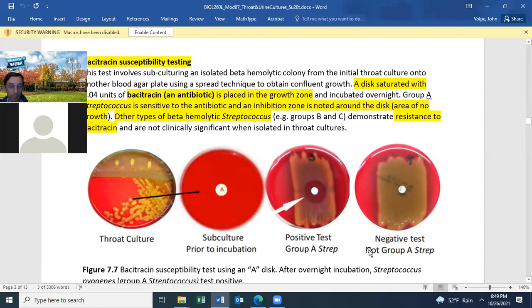The other beta hemolytic bacteria that are catalase negative are not susceptible to bacitracin, and they generally have no zone of inhibition. You do need to measure that zone of inhibition to make sure that the organism is resistant to bacitracin. Is that right? No, sensitive to bacitracin. This is resistant to bacitracin.